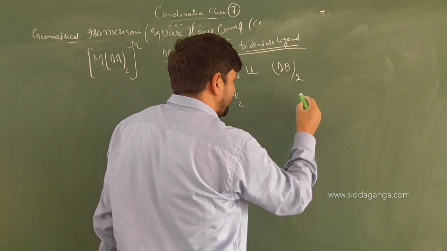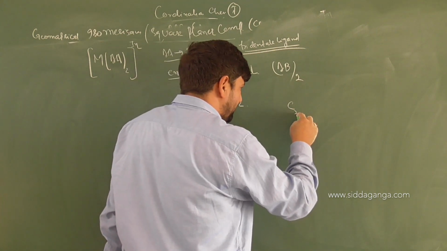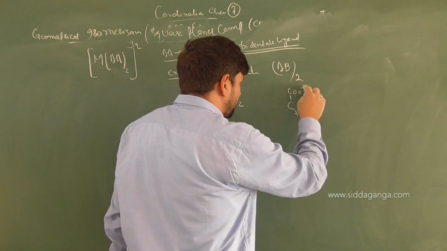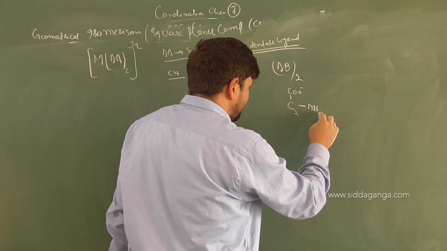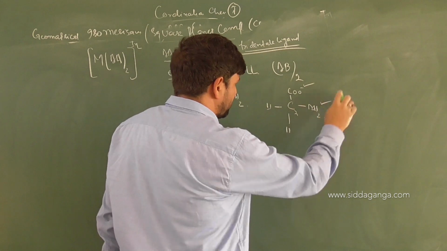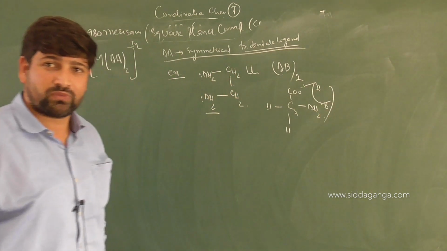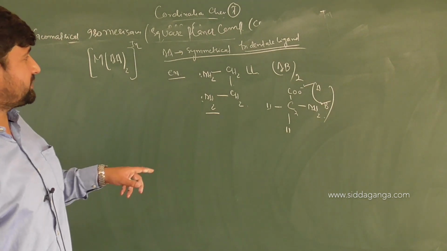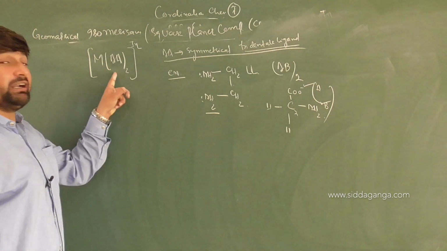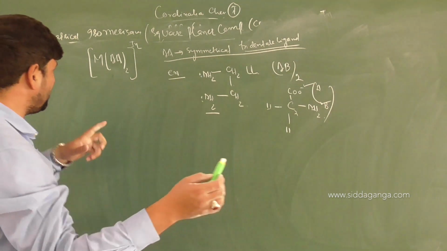We can say it AB twice. Suppose we have glycine, glycinate ion, that is C alpha, then donation from COO minus, then from NH2, then you got hydrogen, then you got hydrogen. Donation occurs from oxygen and nitrogen. So this is AB type of ligand system. Did you get it or not? So if I have a square planar system with a symmetrical bidentate ligand, AA type, which is donating from 2 places, then what will the complex be like?